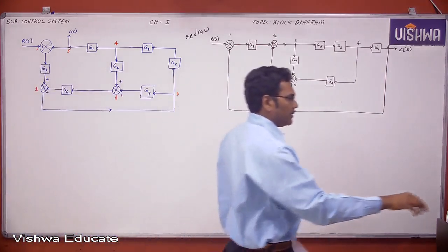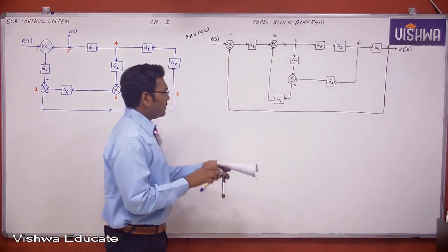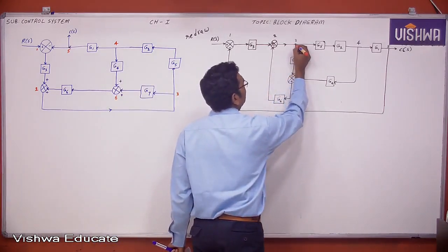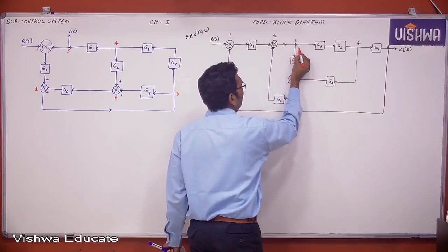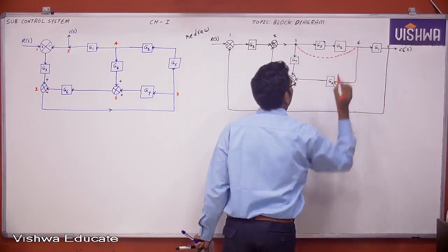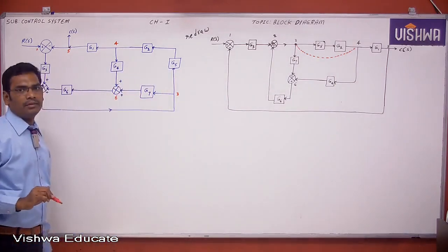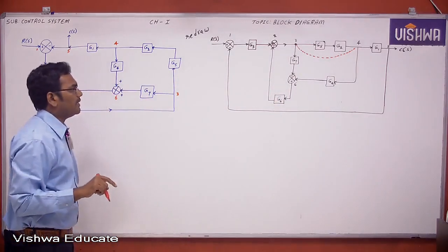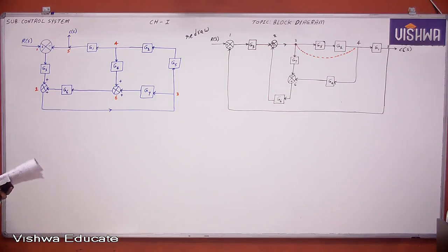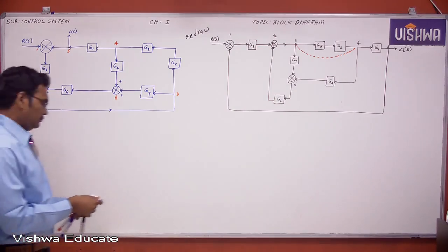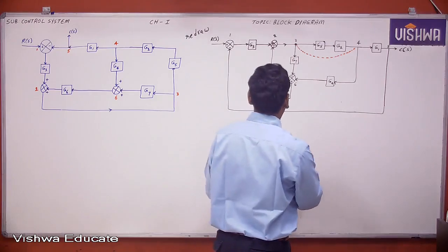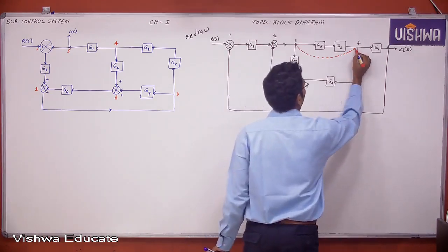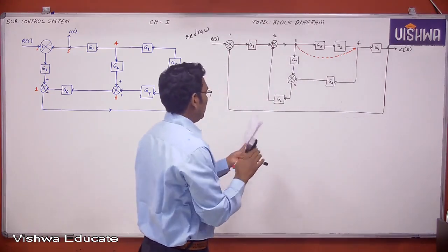Now what I am doing here is, first see, I just shift this branch point to here. I just shift this branch point ahead of the block. See here, concentrate. Okay, then what are the changes taking place? You just observe. So I just shift this branch point ahead of this block. Then the change here is,